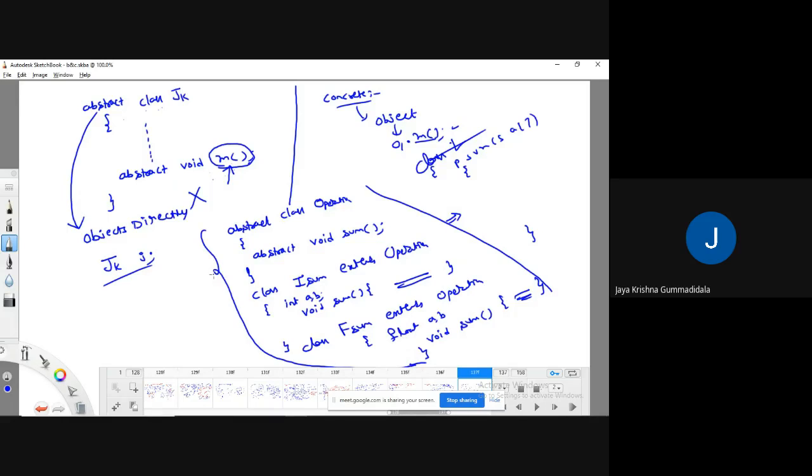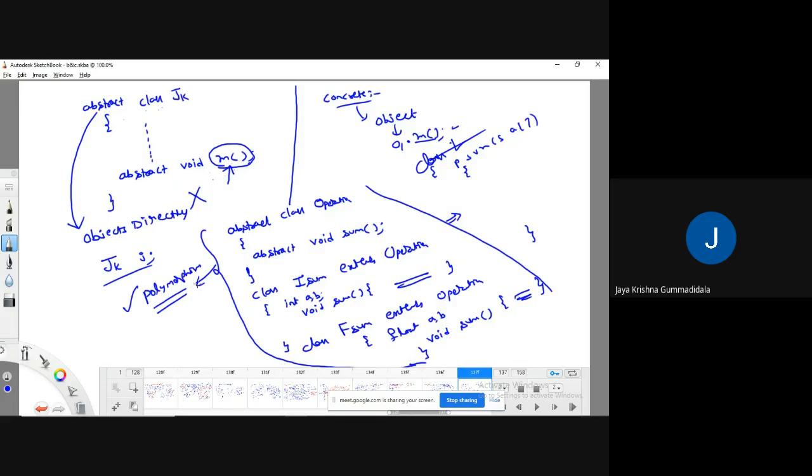Up to here it is achieving the principle of polymorphism. Because in one class they have given some methods, and all those methods we are overriding. That is the reason we are achieving polymorphism.